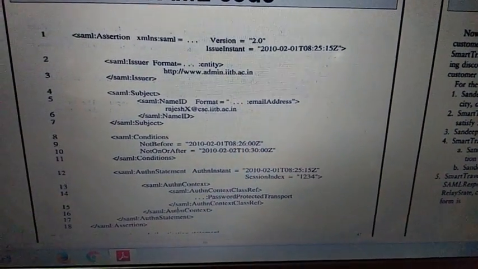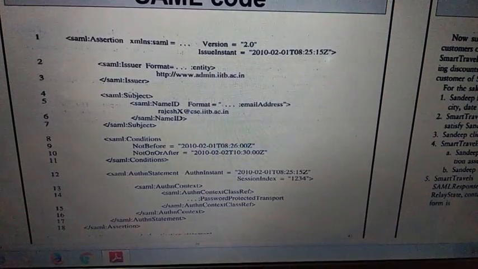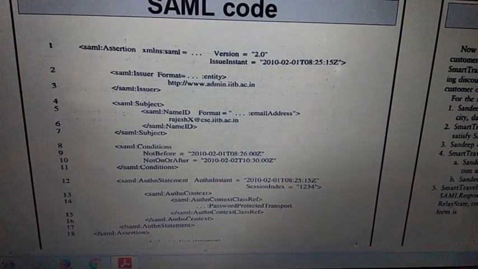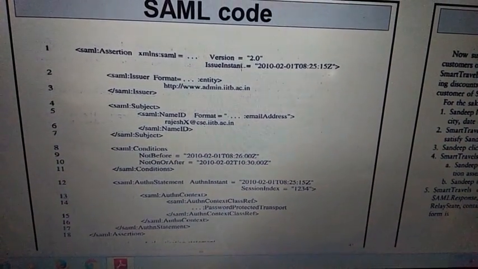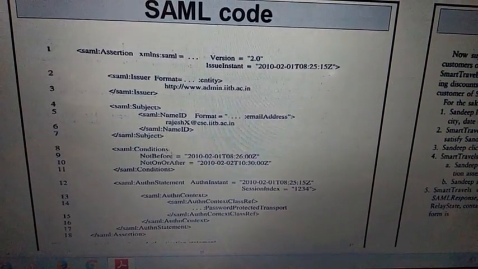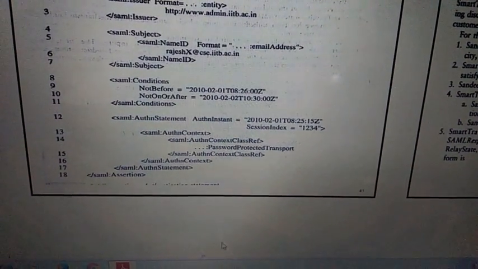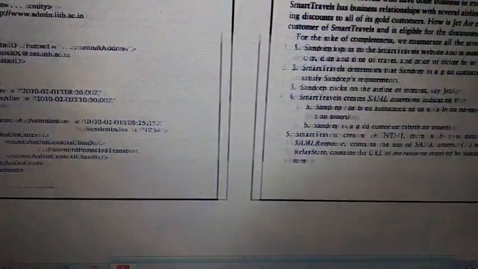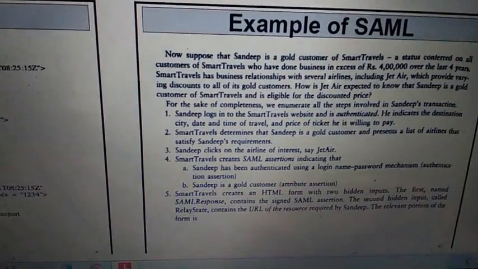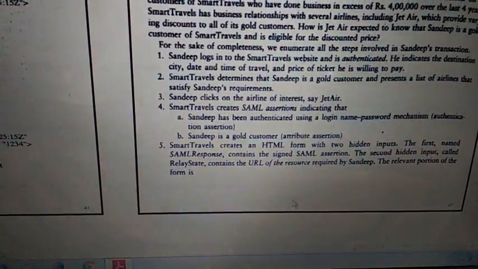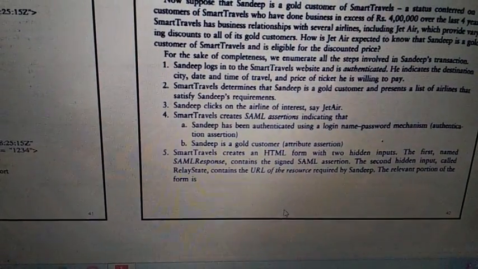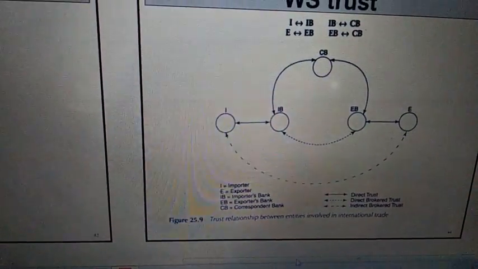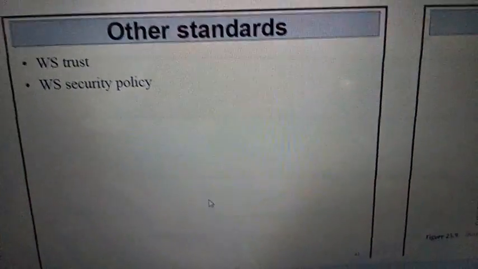So this is the code, right? As the name says, with the issuer, subject name, conditions, all those things you can write on your own, right? SAML assertion, some version with issuer, then followed by subject, conditions, right? So this is the general format, right? You can use any defined tags, your own defined tags. Then what exactly is this SAML? You may want to book some online ticket, right? At that time you can create your own assertion and you can book. It is similar to the web whatever you are already using. These are older applications, right?